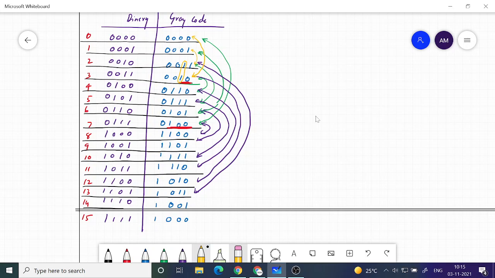So when the next bit position becomes 1, then the previous bits have a reflection symmetry, and the reflection symmetry in this case is like this.